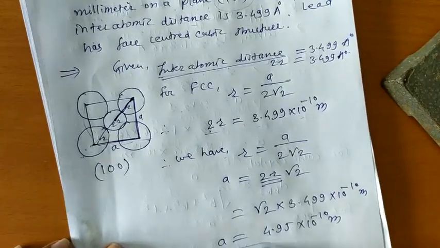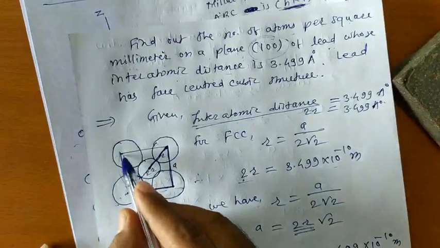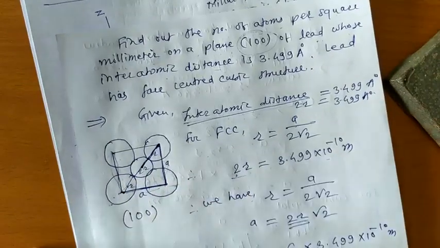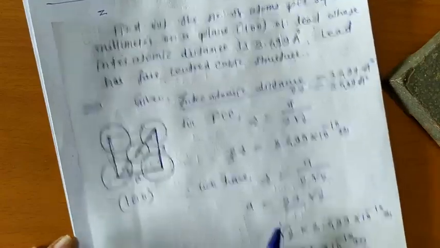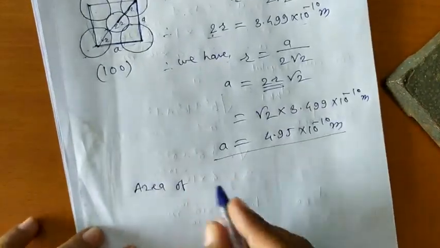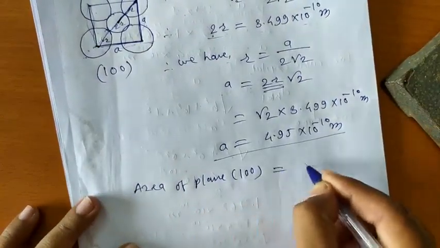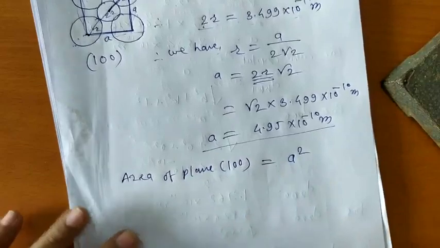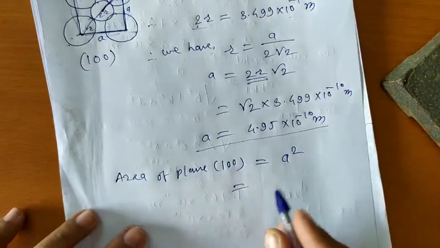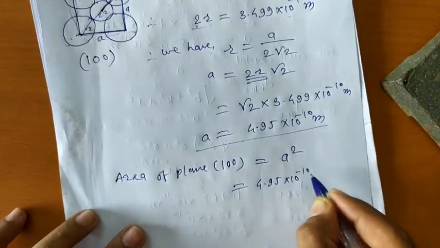आता याच्याकरता आपण a ची व्हॅल्यू फाइंड आउट केलेली आहे. Then what is the area of this plane? This is a. It means that the area of this plane must be a square. Therefore, the area of plane 100 equal to a square. Therefore, we have the value of a, that will be equal to 4.95 into 10 raised to power minus 10